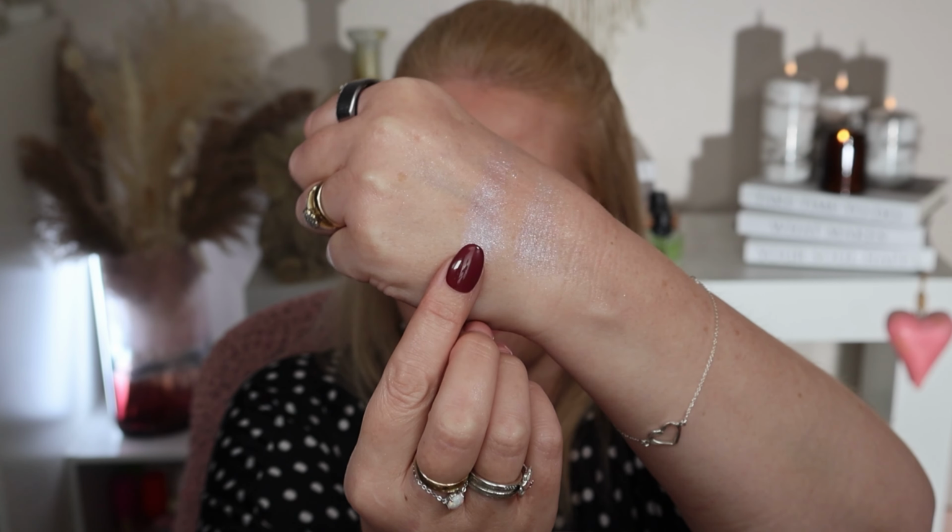Just if you're interested, because maybe you're happy to just put a bit of bronzer in the crease and maybe just get the face palette, and you could then use this face palette to do your eyes and face. I think it would work very well actually. This one in the inner corner, this one all over the lid, or put these two together or these two together. A few things you could try there. So really up to you, but I'm not sure if needing both,